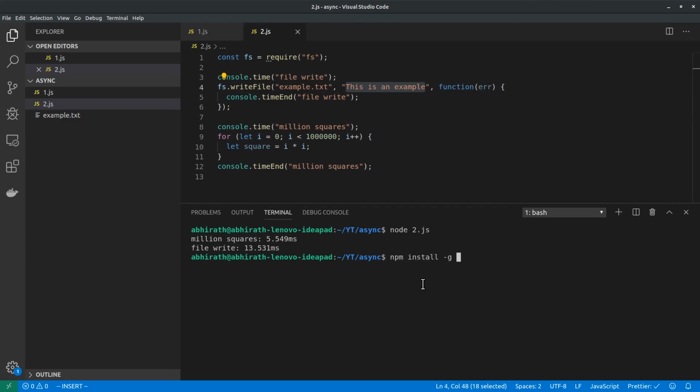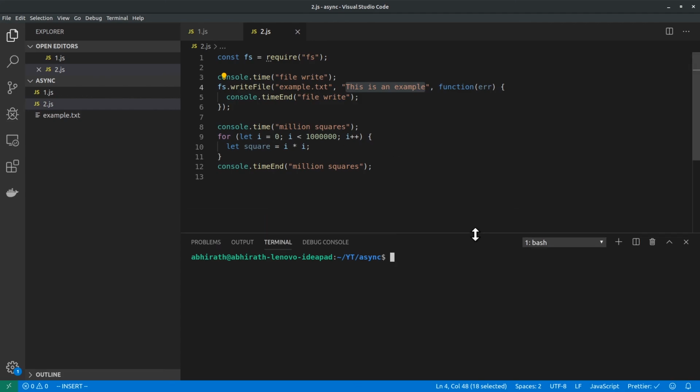npm install -g axios. It's a package that we use to communicate to websites over the internet or APIs over the internet. So please install this before you proceed. npm install -g axios. I already have it, so I won't be running this command. Let's measure this as well.